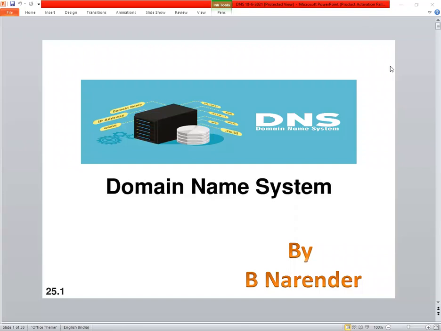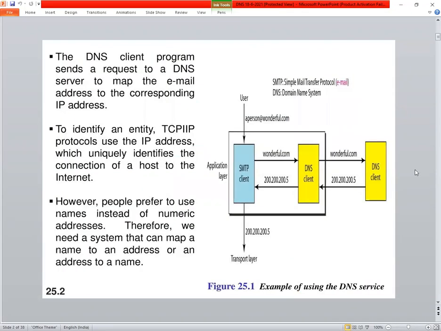So this is what we are going to discuss in this class, that is the domain name system. What does DNS talk about? How does DNS work?